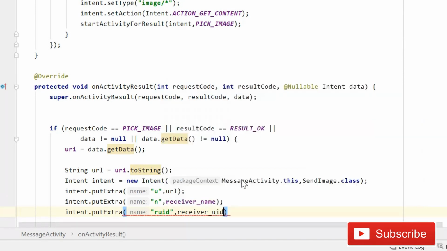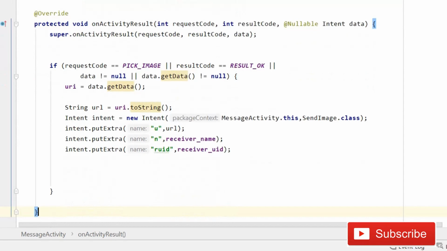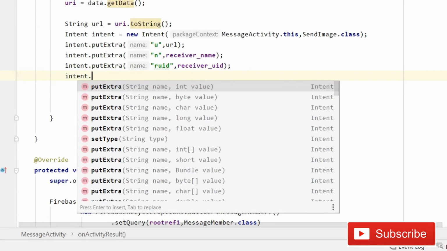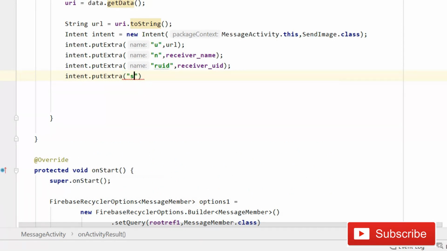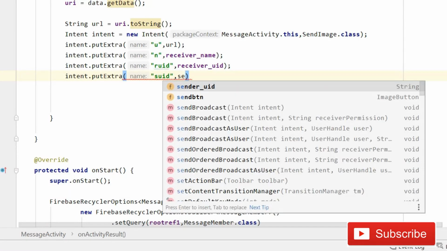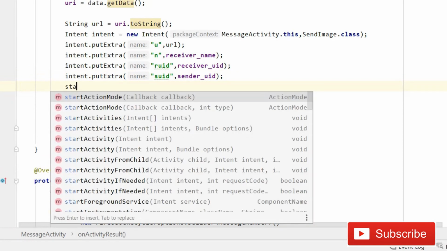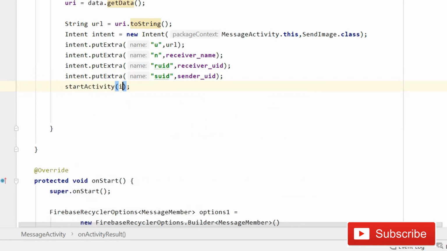Write receiver uid, then semicolon, and then after this intent dot put extra, and that is going to be suid, means sender uid. So write sender uid, and only these four things that you need to send. Then start activity and pass intent.